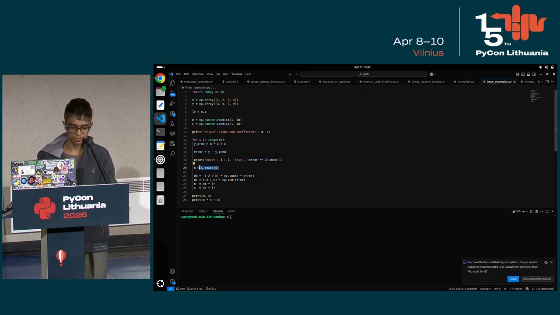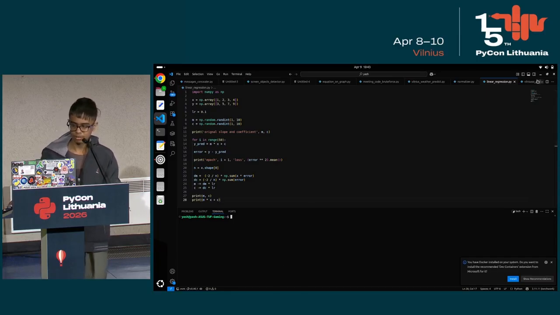And here I'm getting the size of the array, and this is the formula to calculate the gradient of M, and this is the formula of calculating the gradient of bias, basically the gradient of C. And here I'm using the SGD optimization algorithm, or stochastic gradient descent algorithm, which uses the formula of subtracting from the weight the gradient multiplied by the learning rate. And after 50 epochs, it will show the new updated M and C, or weight and bias, and then after that it will show the prediction.